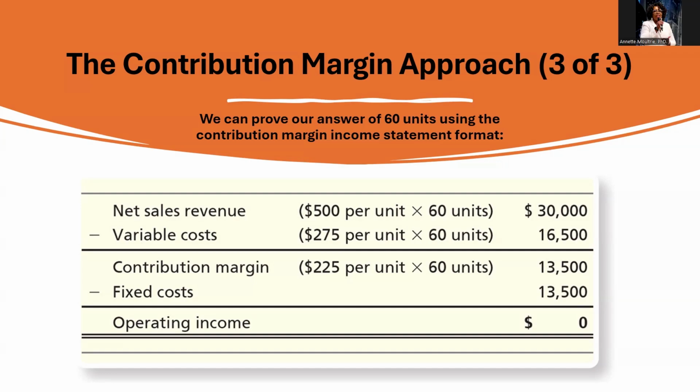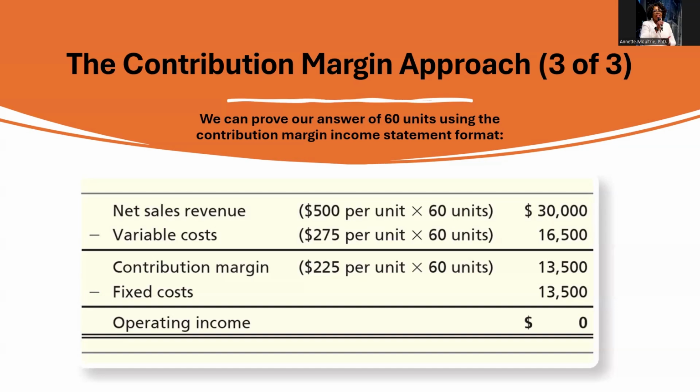And then you have minus variable costs at $275 per unit times 60 units, which will give you $16,500. Then you have your contribution margin, which is $225 per unit times 60 units, which will give you the